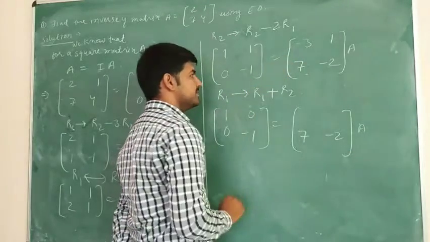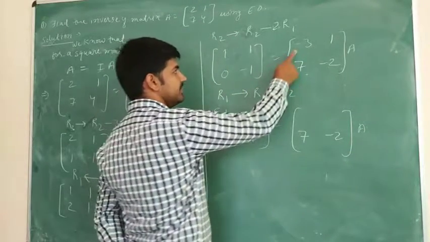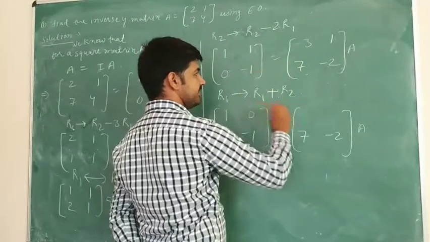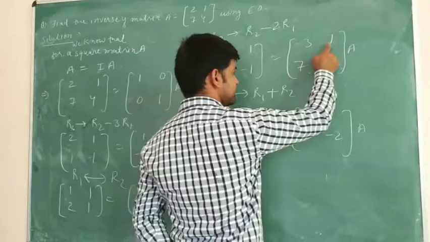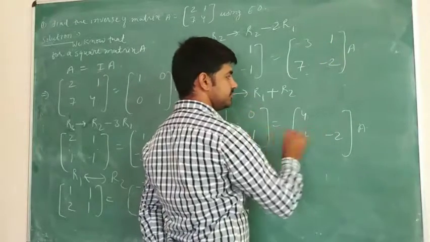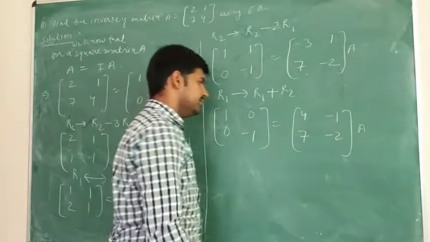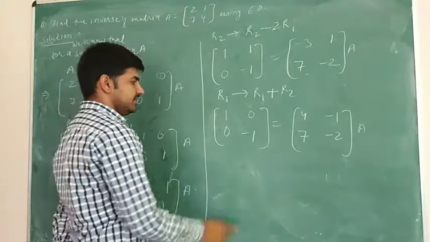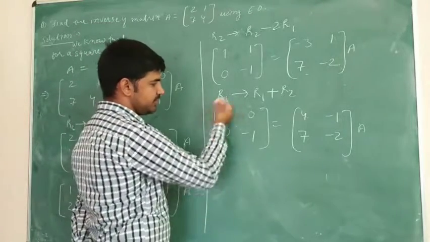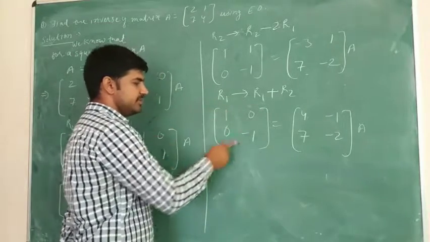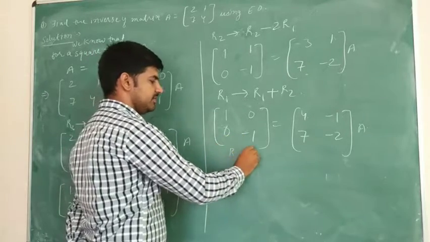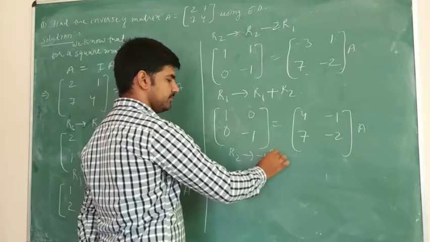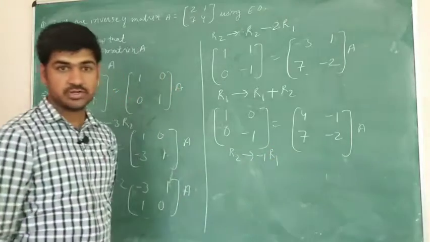This will be replaced. So how will it be replaced? Minus 3 plus 7 is equal to plus 4, is what we have got. And this is 1, and plus minus 2 is equal to minus 1 we can get. Okay. After this, now only one thing is required to make this an identity matrix. This should be plus 1. So to make this plus 1, we can multiply R2 by minus 1. We can use this elementary operation or transformation.